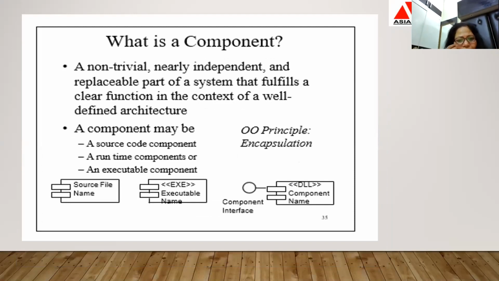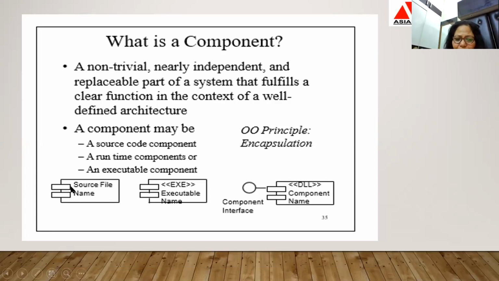What is a component and how do we represent it in UML? This is the source file. A component is nothing but a small module which is used for the purpose of reutilization of your code, which you already wrote one time. So this is a component. Different components can be clubbed to create an object.